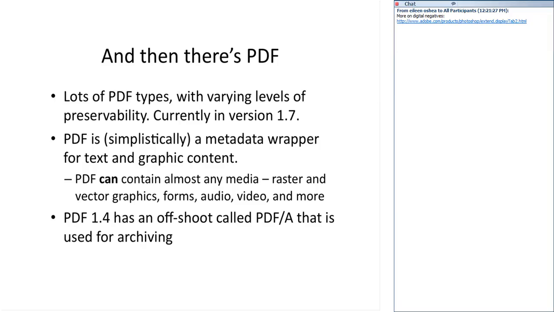PDF version 1.4 has an offshoot called PDF/A, for archival, that is used for archiving. This is a subset of the PDF specification that is more restrictive about the types of content that can be included and the types of data structures that can be in the PDF. PDF/A is, in fact, very preservable, and it's been nice to see it widely adopted. Current versions of Office, for instance, allow you to print directly to a PDF/A file. Microsoft manages to make that PDF/A file as complex as they possibly could have,